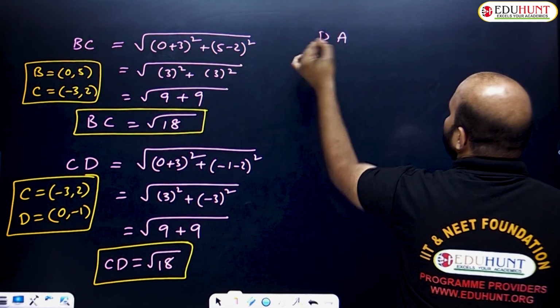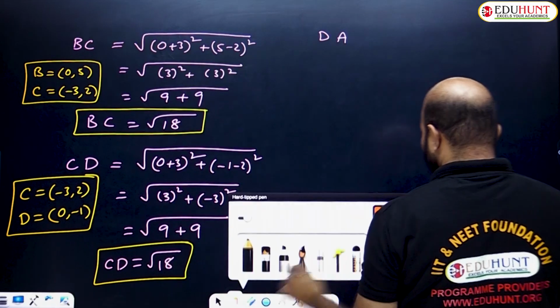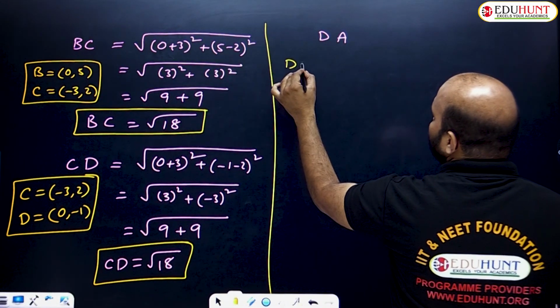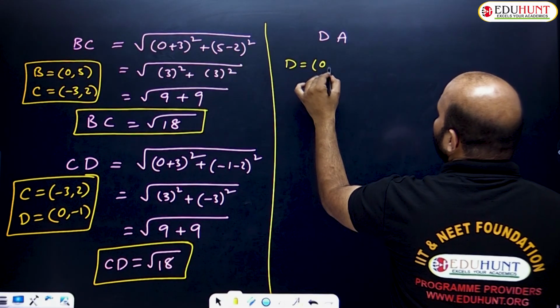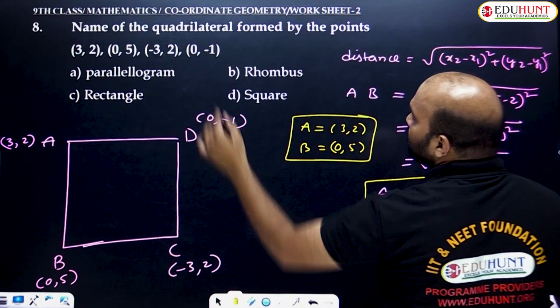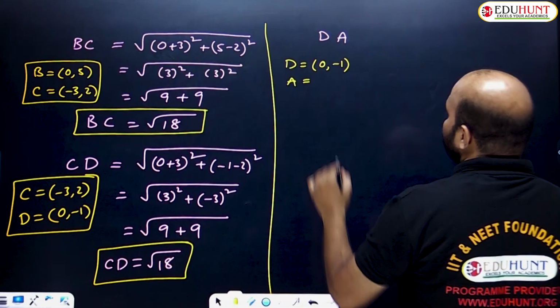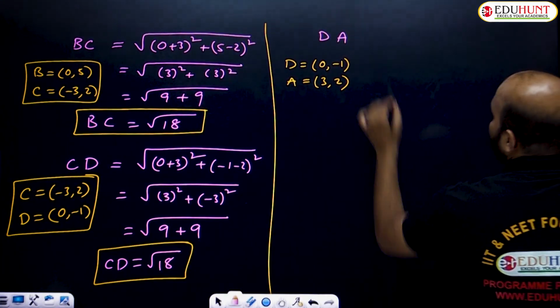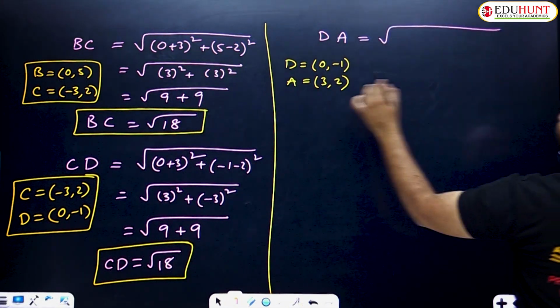D and A by using the coordinates. So what are the D coordinates? 0, minus 1. And the A coordinates, what am I given? 3, 2. So by using the distance formula, DA can be written